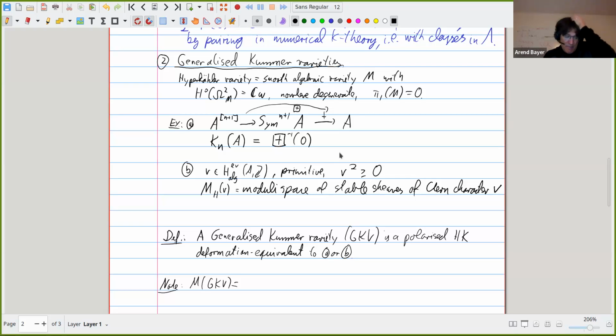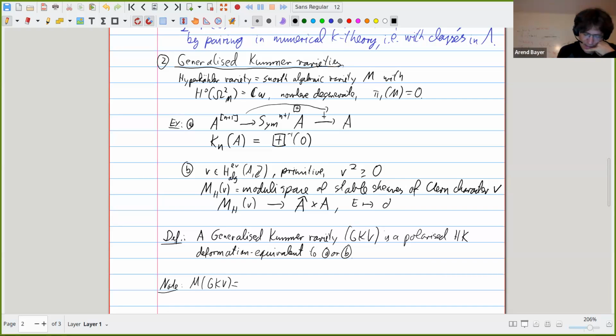And again, this is not a Hyperkaehler variety, right? So A acts on this moduli space by translations, and A hat, the dual abelian variety, which is also the group of degree 0 line bundles on A, acts via tensoring by line bundles. And so again, this is not simply connected. And so instead, we have to do something similar here. But now the map goes not to A, but so first there's a map to A hat, and there is a map to A. And so the map to A hat is given by,